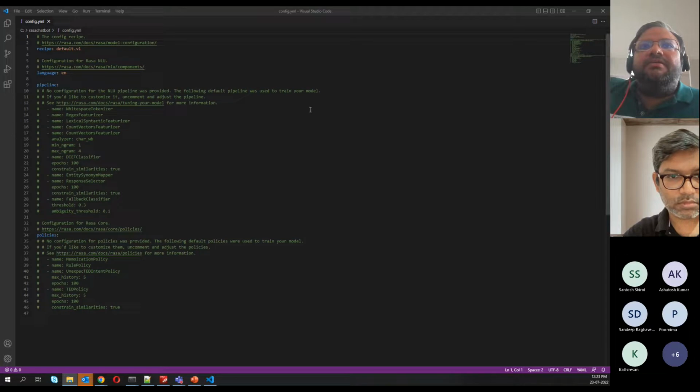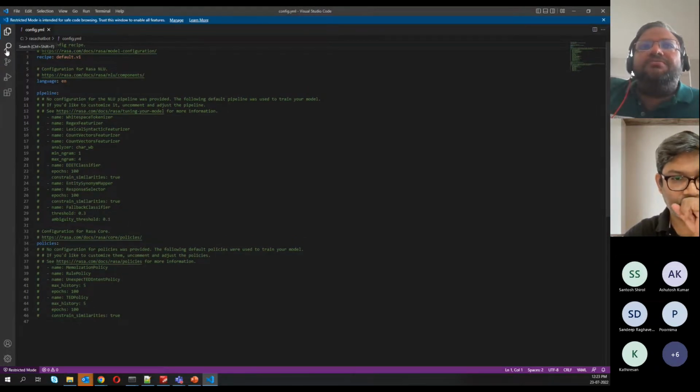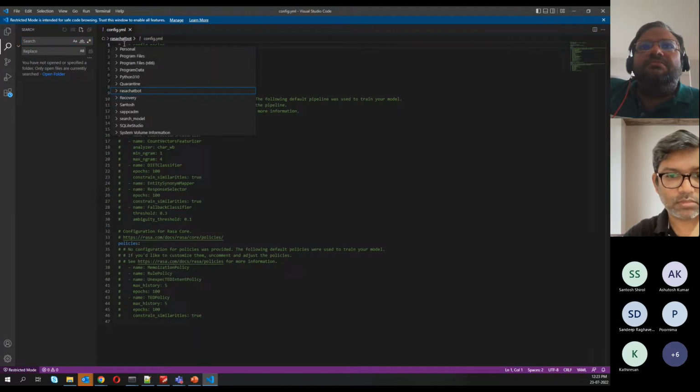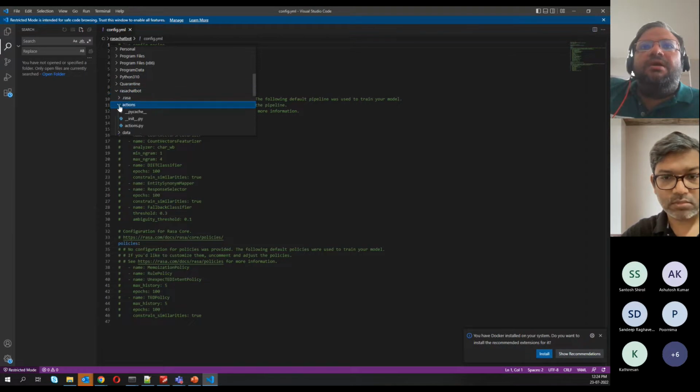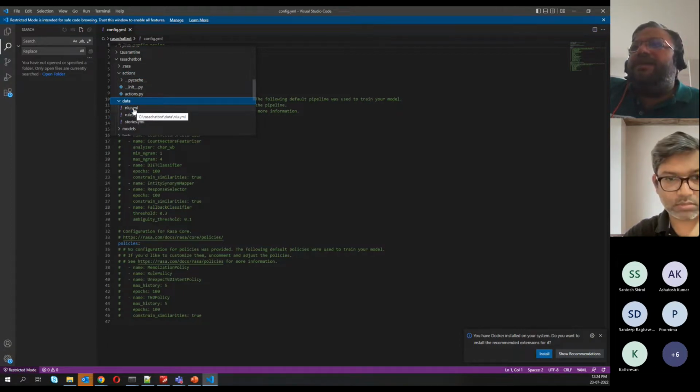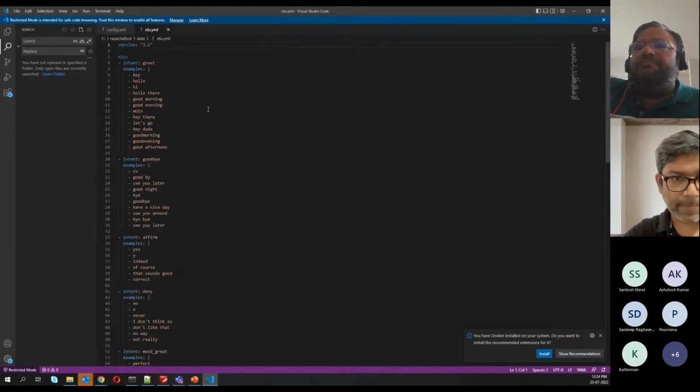Config is fine. I don't think we need to touch config now. Just do NLU and actions.yaml. Okay, sir. Not py. Actions.py is a backend Python file which you can call if you want to link something to an action.